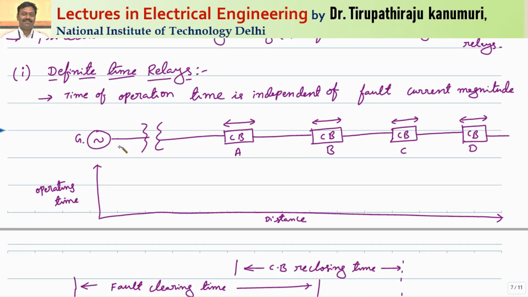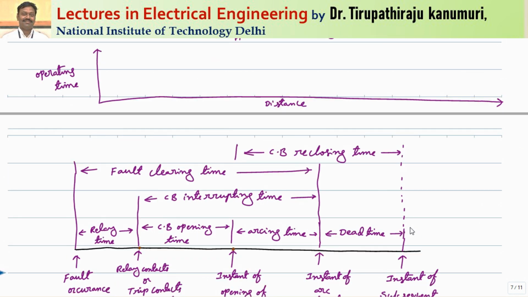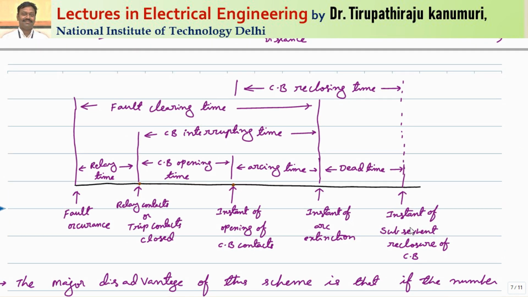In the case of definite time relays, the time setting is made in such a way that whenever a fault happens at any particular part, the relay that is near to that fault should operate first, and if it cannot operate, then only the backup relay will operate. Before proceeding, we have already seen in module number 3 that whenever a fault happens, first the relay will sense the fault. When the relay senses the fault, it will take some time to start the operation of the circuit breaker contacts. Circuit breaker contact opening also takes time.